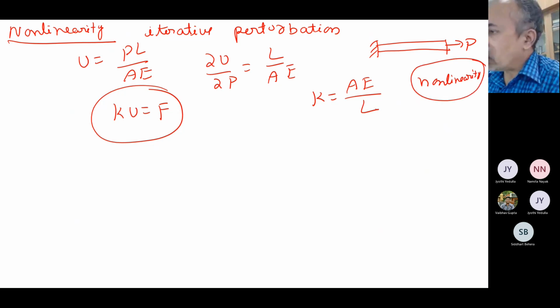See, suppose here, what's the non-linearity here? Stiffness is also a function of L itself. Okay, so stiffness also is a function of L. So now your bar, when you are applying the load, what is happening to the length of the bar? When you keep on increasing the load, what happens to the length of the bar? It increases, no, it increases actually. So if it increases, say, what happens to stiffness?